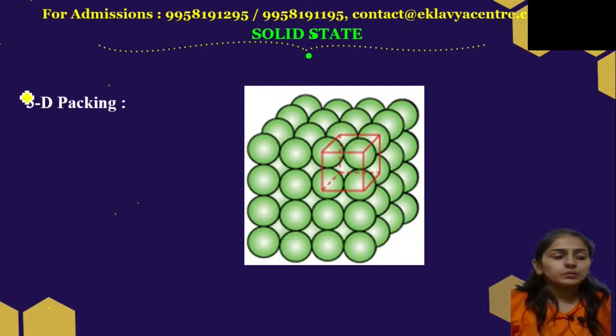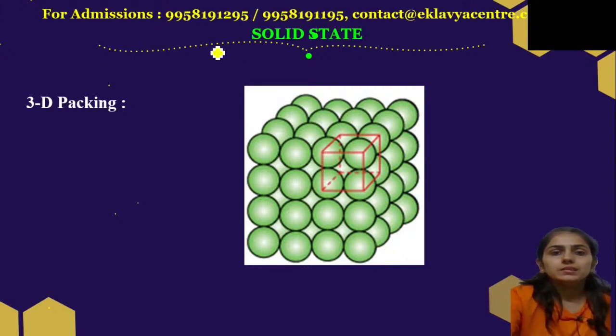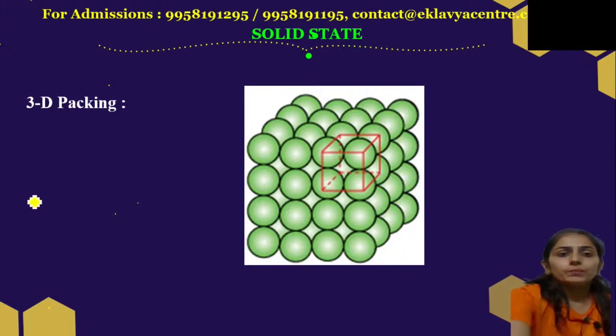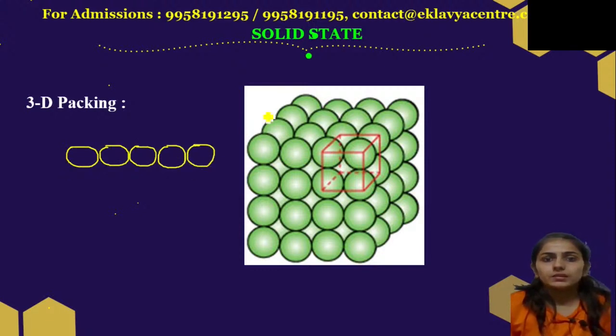In this class we have to discuss the 3D packing of constituent particles. The first way of packing in 3 dimensions is this type of packing. See, I'll show you here. Suppose we have this molecule. We have the first layer of molecules. Suppose this is called layer A. Now, if we put the second layer of molecules just above the first layer, like this,